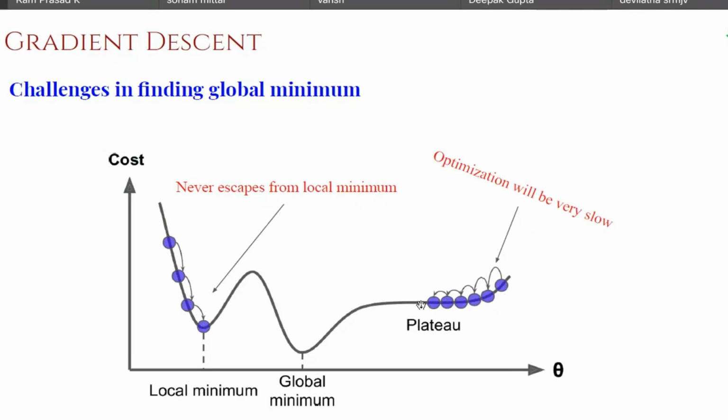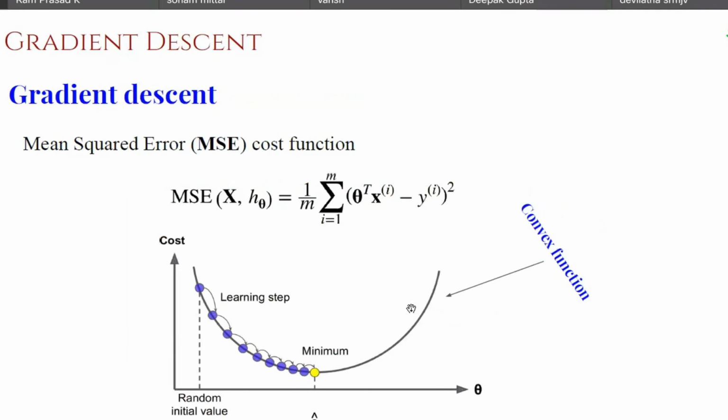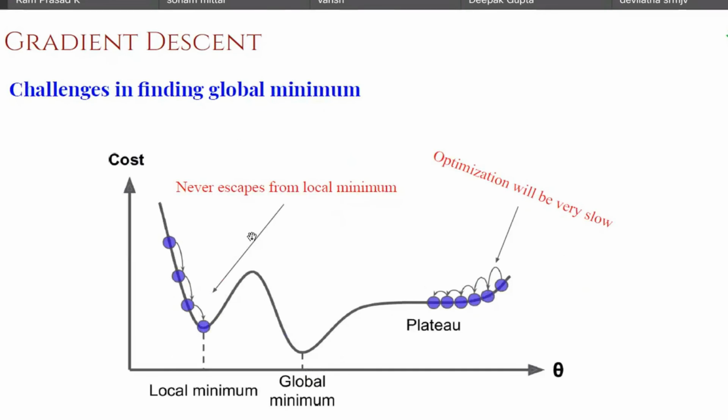Or even at some places, it might look like a plateau where the derivative becomes 0, so you cannot make any updates. So that kind of scenario arises. This is the reason why we always prefer our cost function to be convex, so that you can reach the global optimal solution. But if you have non-convex surfaces, that is challenging. And this is a big headache when you enter deep learning.